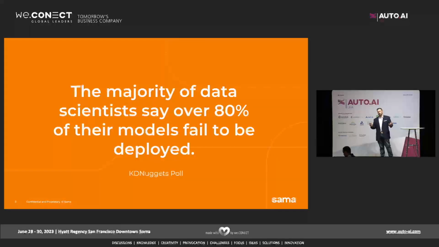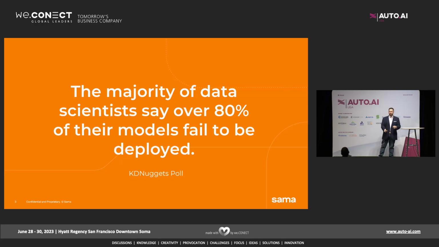So I want to start with the premise that even according to data scientists, 80% of models fail to reach production. So that's whether it's within AV or outside of it in the broader sense. That's a really high percentage. And what we're really seeing is that this is coming down to those data loops and the problems that we're having with them. So I'm going to talk, as I said, about three of those pitfalls.